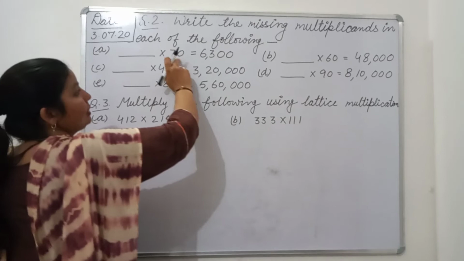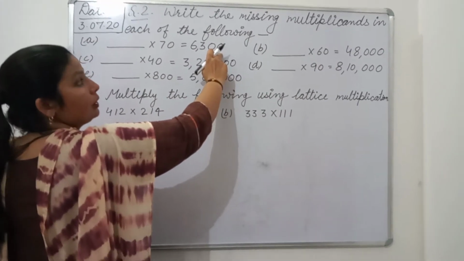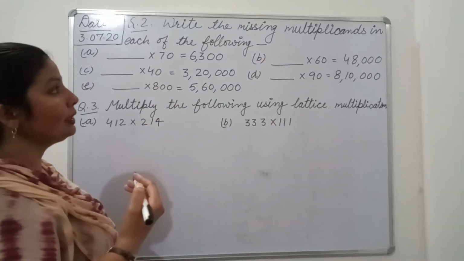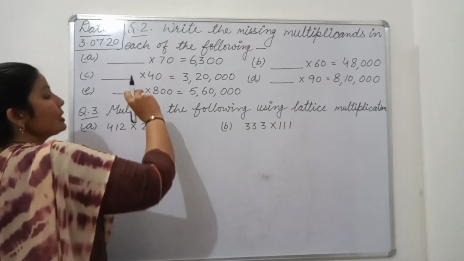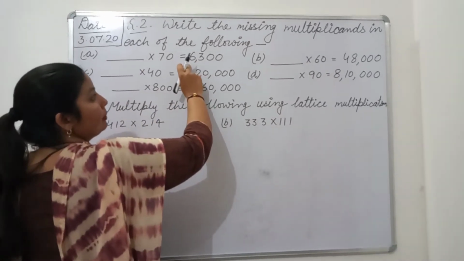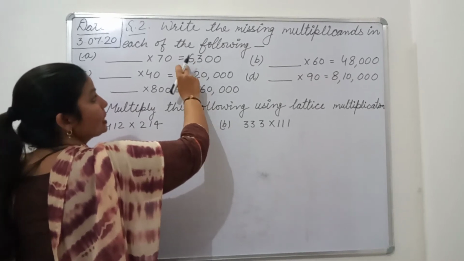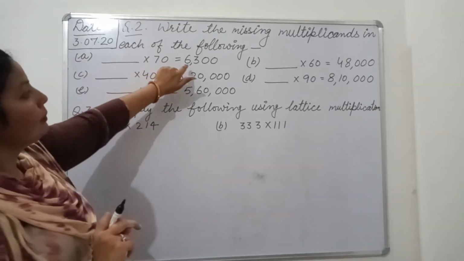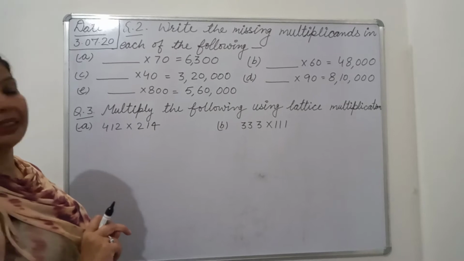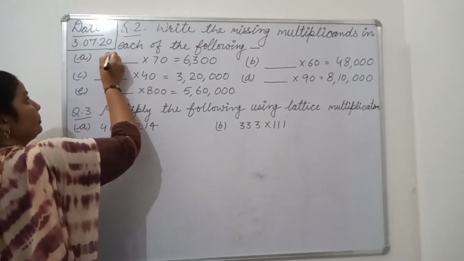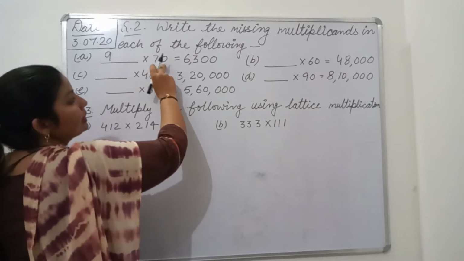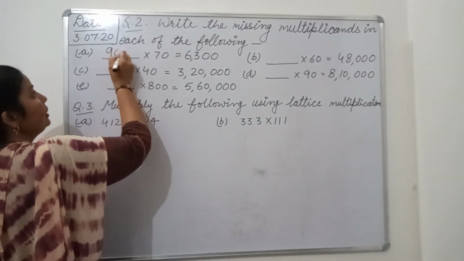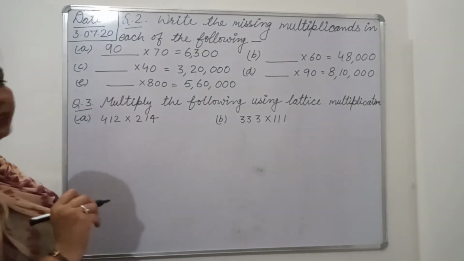Here the multiplier is 70 and the product is 6,300. So in the first question we did the same way; we can find our multiplicand. First of all, we will see what the non-zero product is here. Non-zero product is 63. Okay. So in the 7 table, where do we have 63? 7 nines are 63. That means here will come 9. Now we will see 1 times 0 in 70. So 1 times 0 is in 70 and 1 zero is left more. So that 0 we will write here. Okay. So your answer is 90.